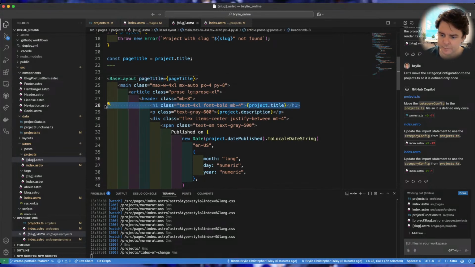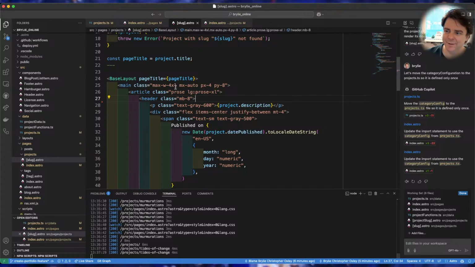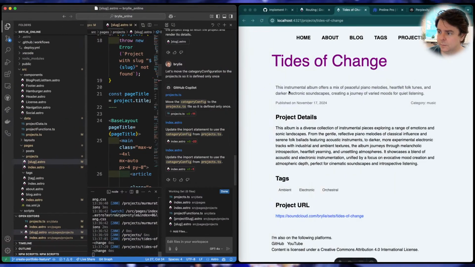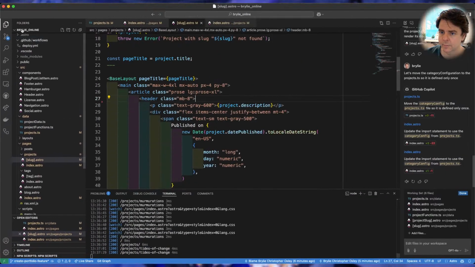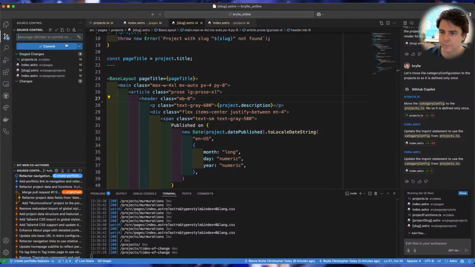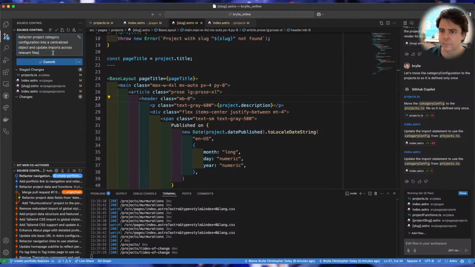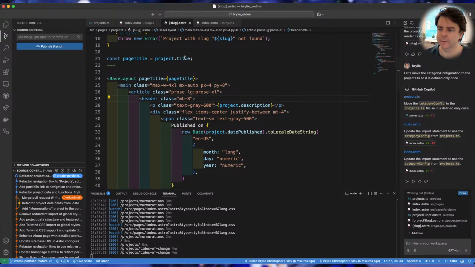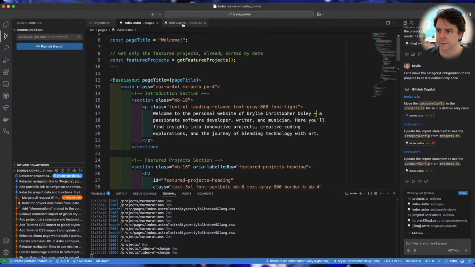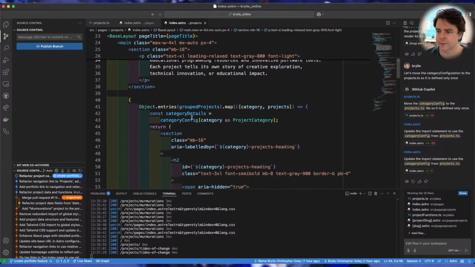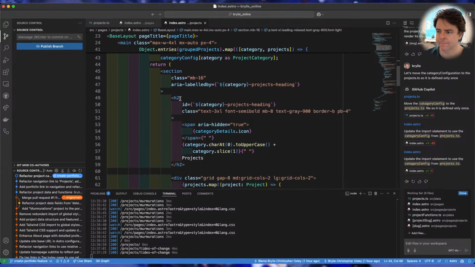I'll remove that. I might not need that property. There we go. And so this change now is to just take the projects index